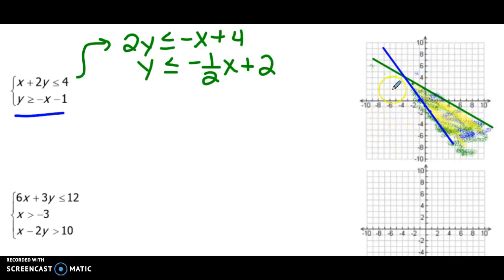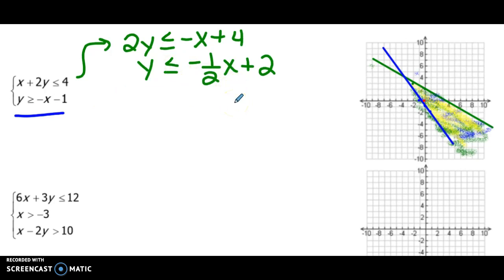So we can go ahead and erase all that extra, or you could leave it and just leave this the darker shaded area, but this would be where all the solutions to this system lie. So any coordinate pairs that are on this part of the blue line or that part of the green line or in the middle. If we wanted, we could test a point like (0, 0)